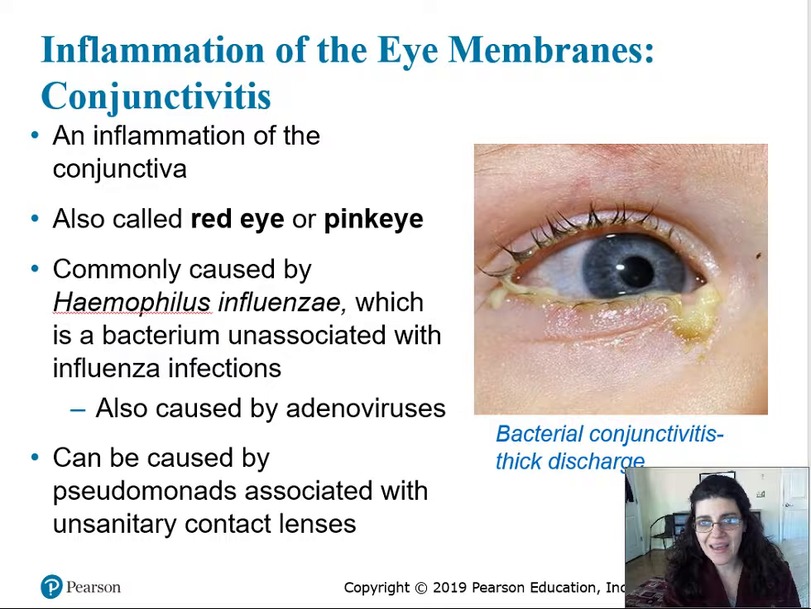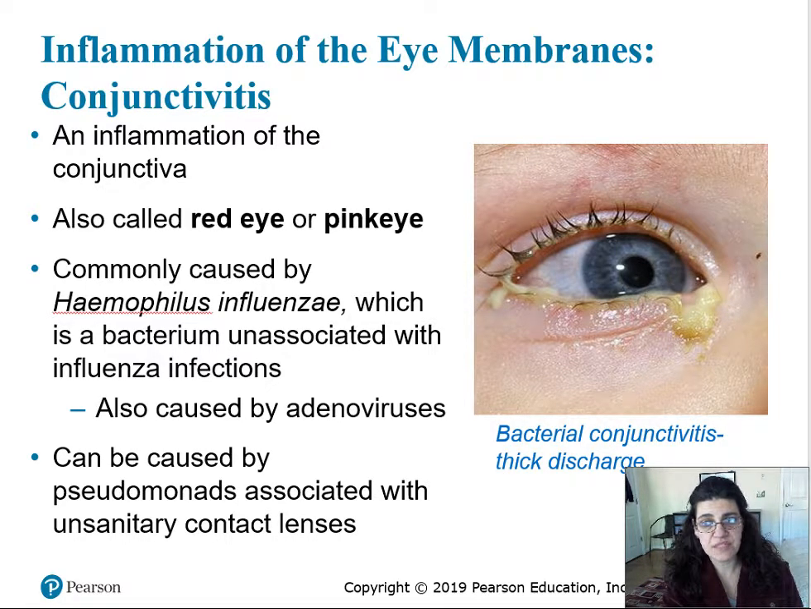So conjunctivitis is an inflammation of the conjunctiva. Conjunctiva is the membrane that covers the anterior portion of our eyes and the inside of our eyelids, right? So when the conjunctiva is infected by bacteria, which are usually Haemophilus influenzae,